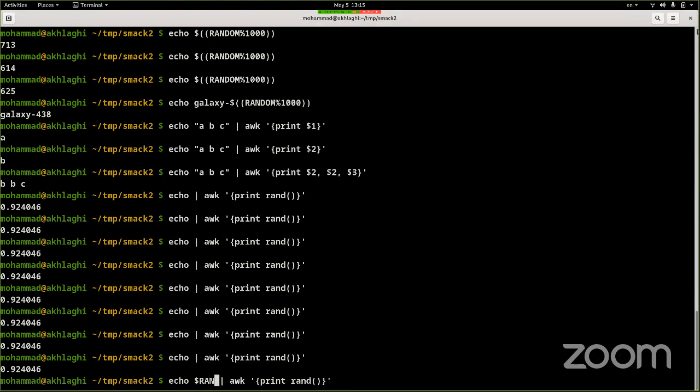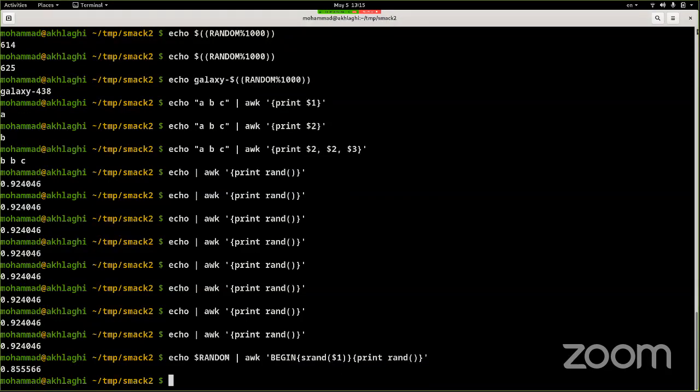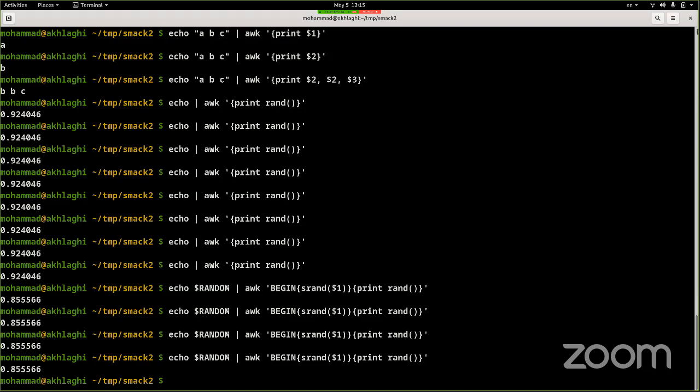So we say echo random, and then in awk, to tell it to change the seed of the random number generator at the start of awk, we call that with BEGIN. We say srand, and we add the first string that we have. And when we call random, you see now it actually